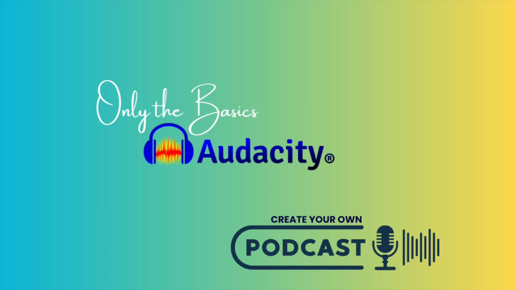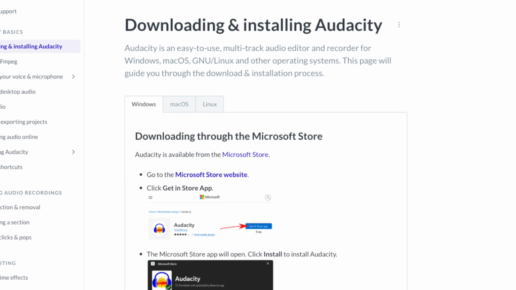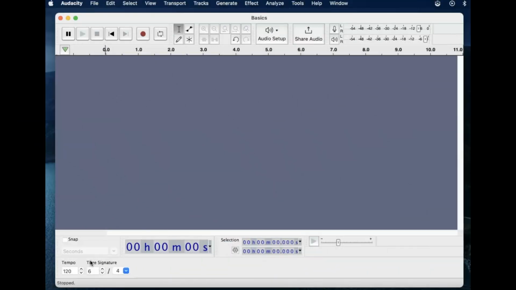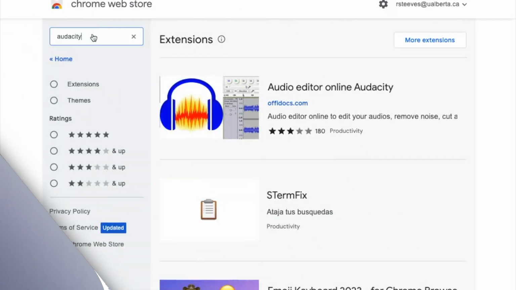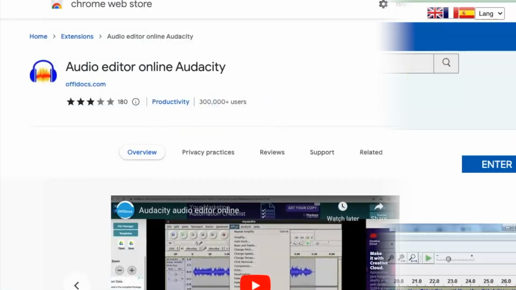Welcome to our first video on Audacity, Only the Basics. In my video tutorials, I will be using the version created for Mac users. While the appearance may be slightly different from the Chrome extension, both versions provide similar abilities for recording, editing, and